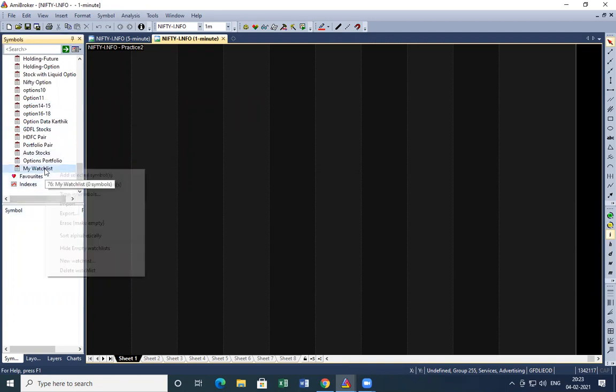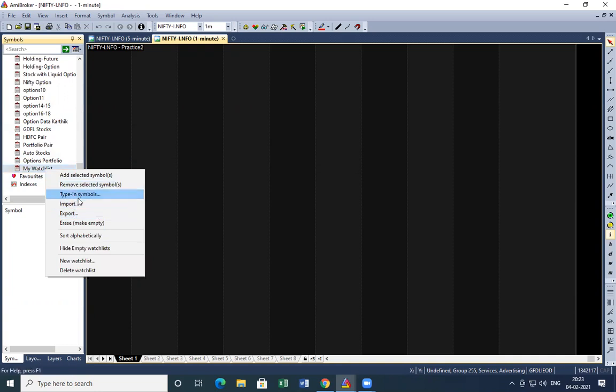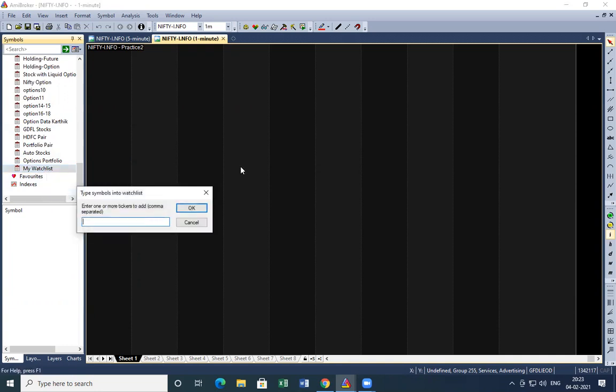If I right click here and click on type symbols, you have to add your symbols, which have to be comma separated. Like if I want to add Reliance-I, comma, let's say next is SBI-I, comma, let's say one more IndusInd Bank-I, comma, and so on.